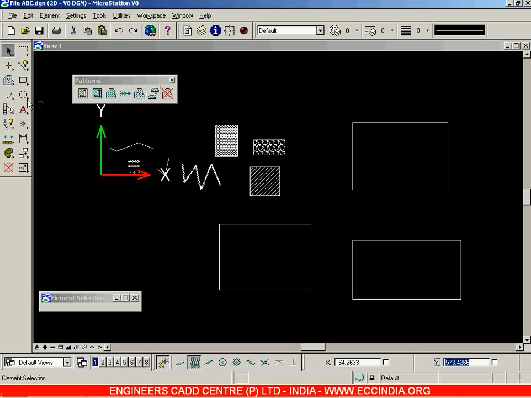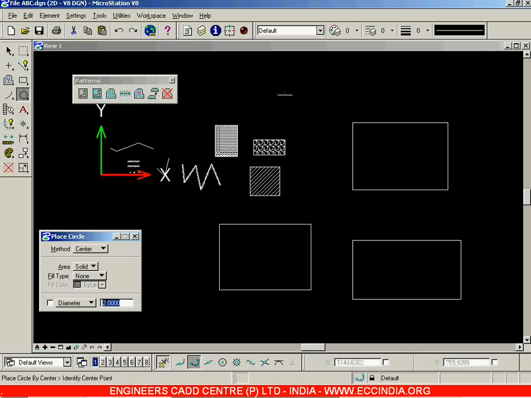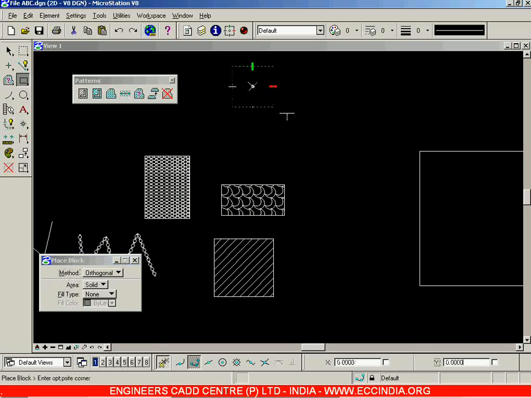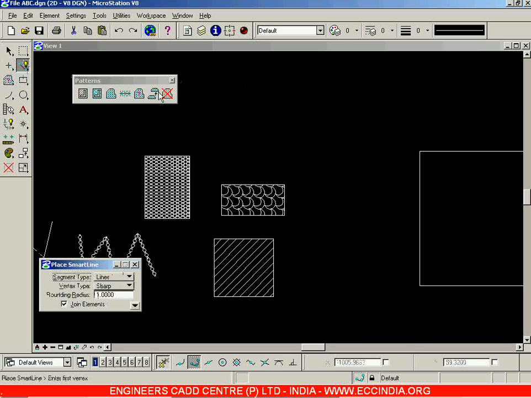Now let me draw a circle over here as well. Right now whenever you are creating these circles or rectangles, you can see that my lines are automatically, or even if I go for a line, it is automatically snapping to the horizontal and vertical lines. Along the horizontal and vertical axis it is automatically going to snap. If at all sometimes this snapping is not taking place,